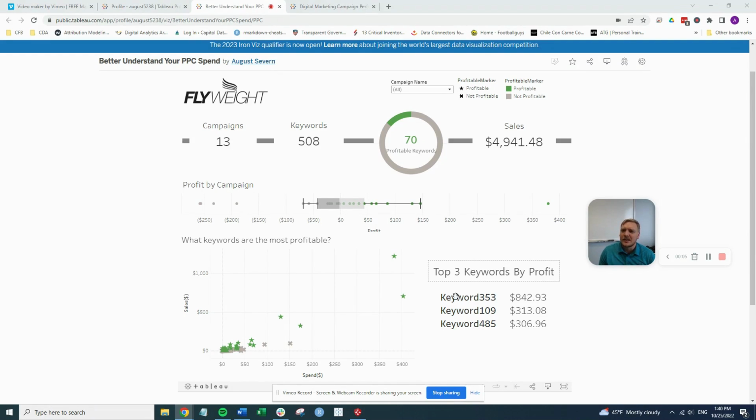Today we're going to discuss how we go from this drab dashboard and turn it into something that's nice and useful for digital marketing. So I built this dashboard in 2017. It was probably the fourth or fifth dashboard that I ever built. So as you can see, it's very old. It's very